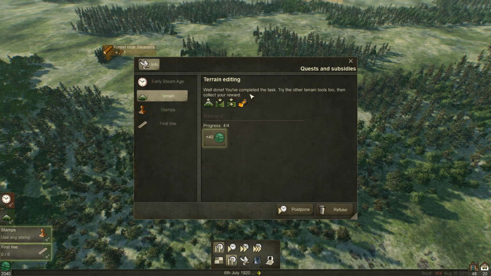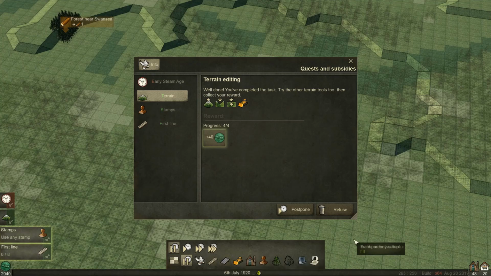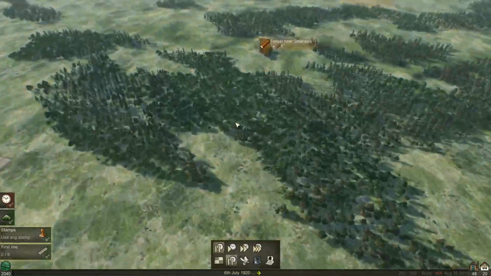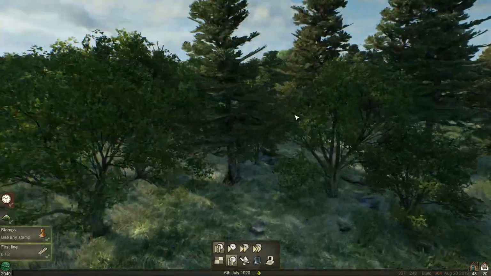So, well done, you've completed the task. Try the other terrain tools too, then collect your reward. So there's terrain tools in here. So this is construction mode. Let me just close this for a moment. It's two different modes. You've got like the 3D mode, where you can come right down to tree level, and